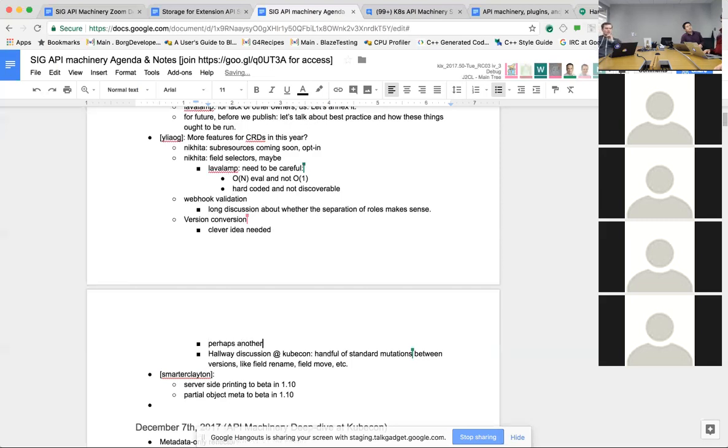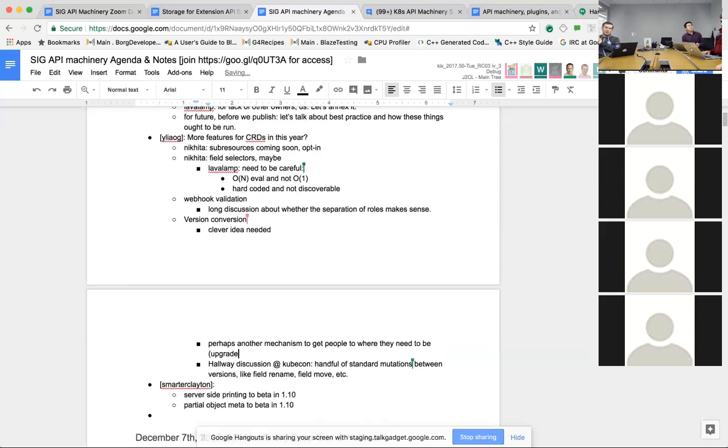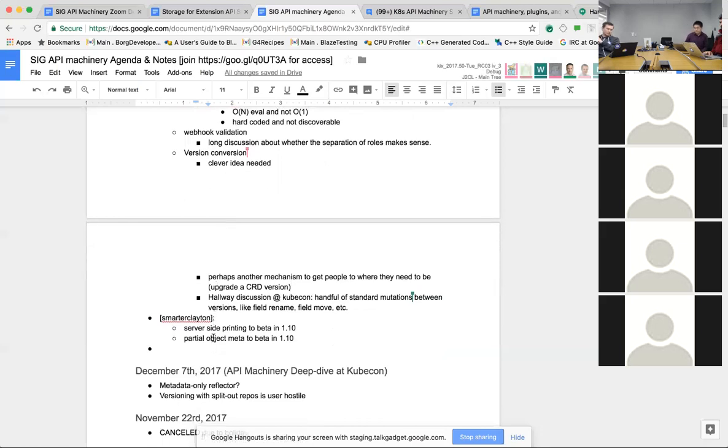Another topic, server side. There were some discussions with SIG CLI, and I don't think there's anybody from SIG CLI on this call to represent. Discussions on server-side validation, so being able to avoid having clients implement a full OpenAPI syntax validating engine in order to verify that objects are correct, as well as server-side apply, which is probably a longer discussion.